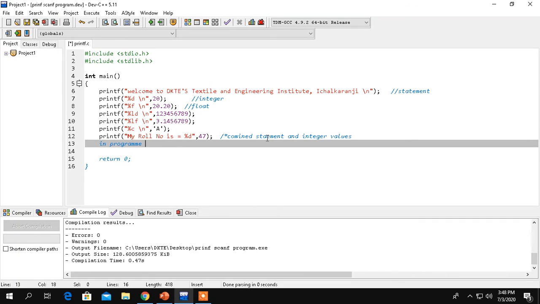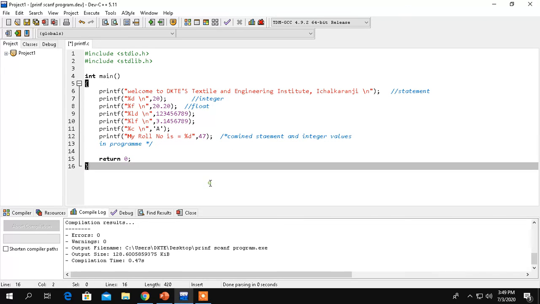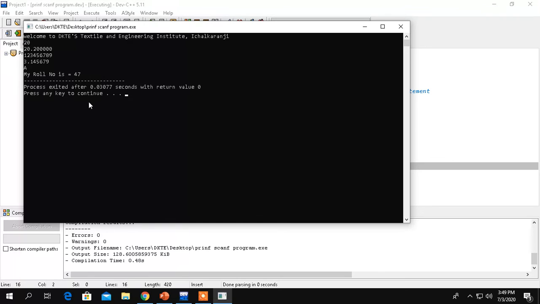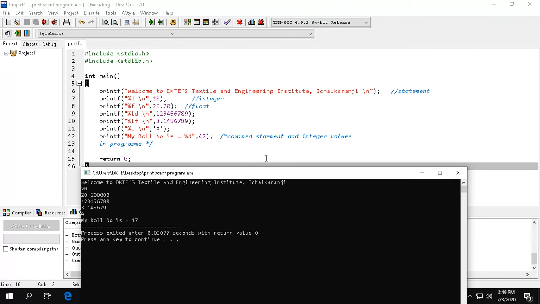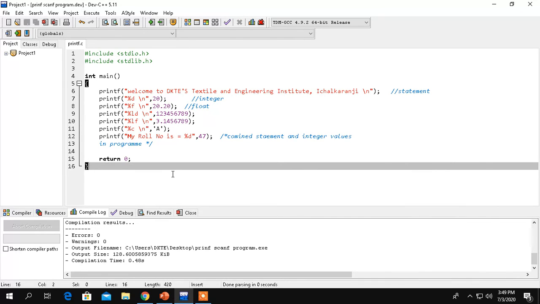So for the multi-line comment we have to write the comment by using these symbols, forward slash asterisk. After that you have to write down the comment, again asterisk forward slash. Now if you save all this written program along with these comments, and again run and compile, we will have the same message over the output window. So whatever comment we have written in the editor block to write this program, it will not appear over the output window. Only we will have the output as per our previous written logic.